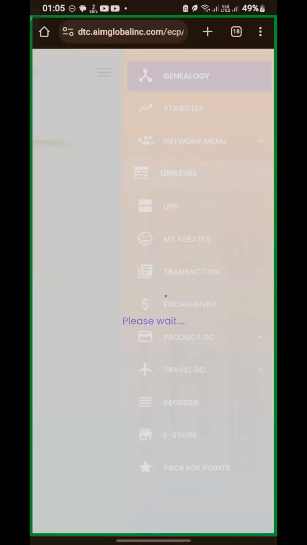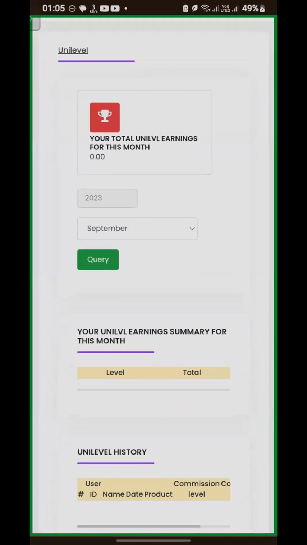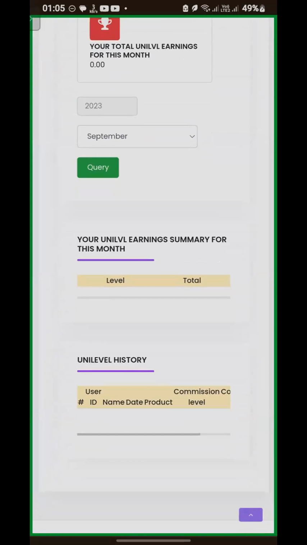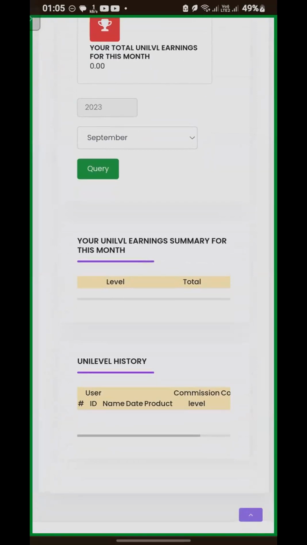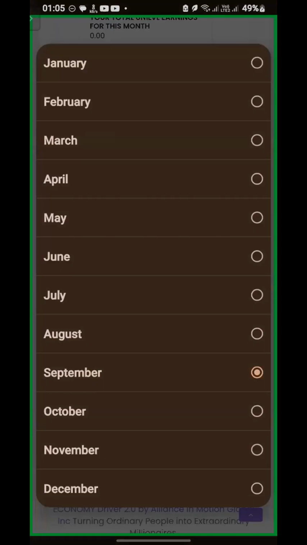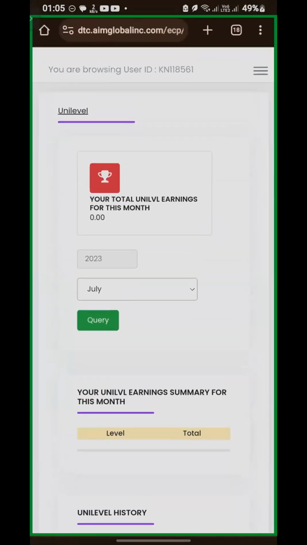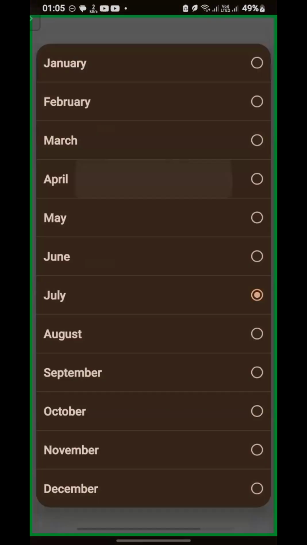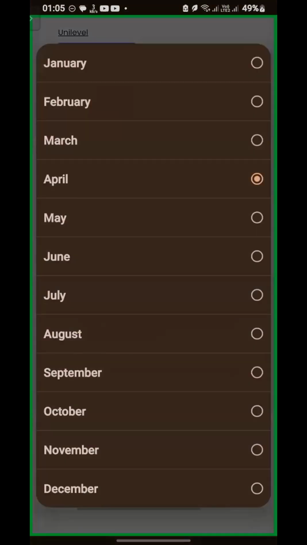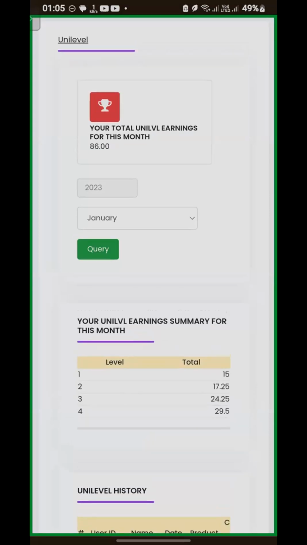Then we have Unilevel. This will just show you how much Unilevel you have earned. It is the same thing as stair step. It shows you this month's, and then it shows you the Unilevel history for every single product which was bought in the system. And then you can check the month you want to look at. For this month you can look, let's say if I want to look for April, I just come here and then press query. Let me try January. January is when I know Unilevel paid something. So when I look at Unilevel earnings for January,